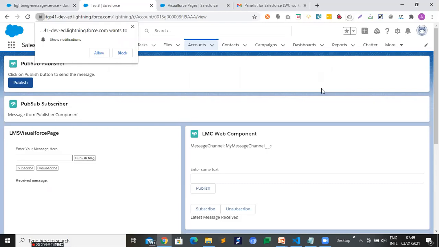You need to go with either PubSub or Lightning Message Service. That is up to you. Basically, PubSub is going to be obsolete, so it is better to utilize Lightning Message Service, right?